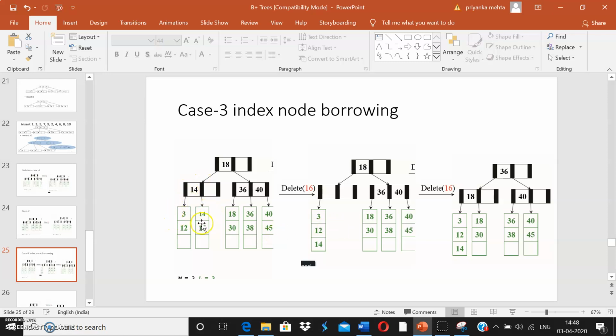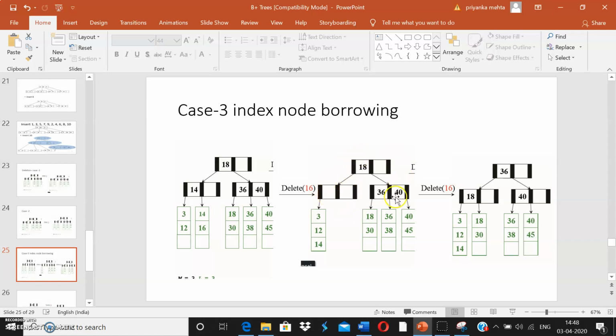For example, now when 16 is removed, leaving this node with less than the minimum number of keys, I cannot borrow. The next option is to merge. Merging gives 3, 12, 14, and I'm going to remove the index. This is the opposite of what we have done in a B tree. In a B tree, we take the parent key also, but in this case, we have to remove it. So this will be 3, 12, and 14. Then after merging, I'm left with less than the minimum number of keys. The minimum number of keys in the index node is 1, so I'm not having enough keys in the index node.